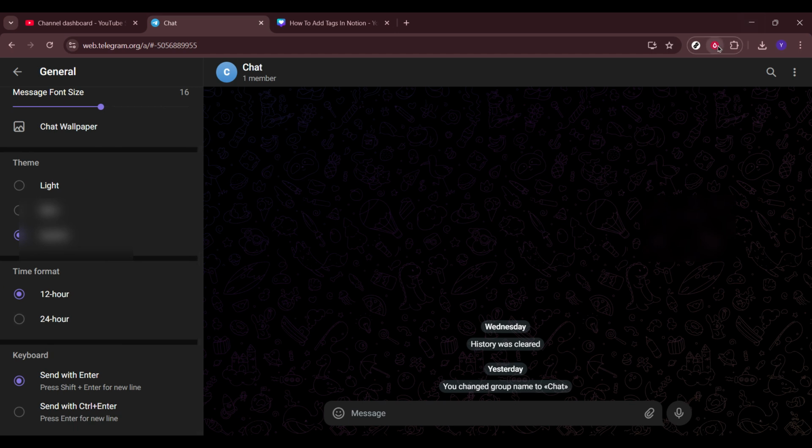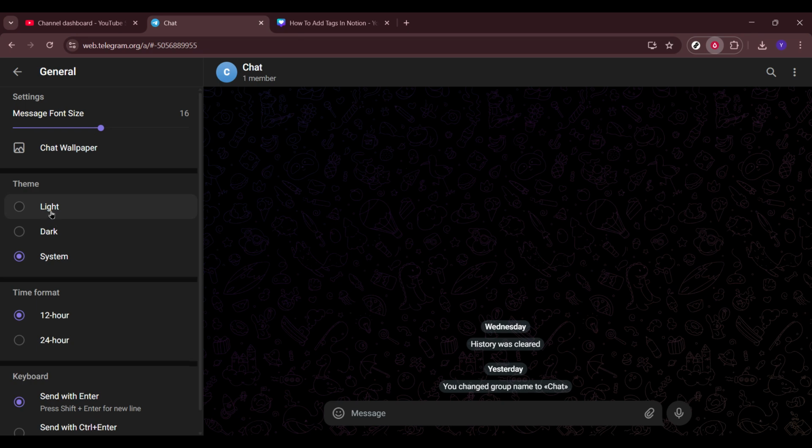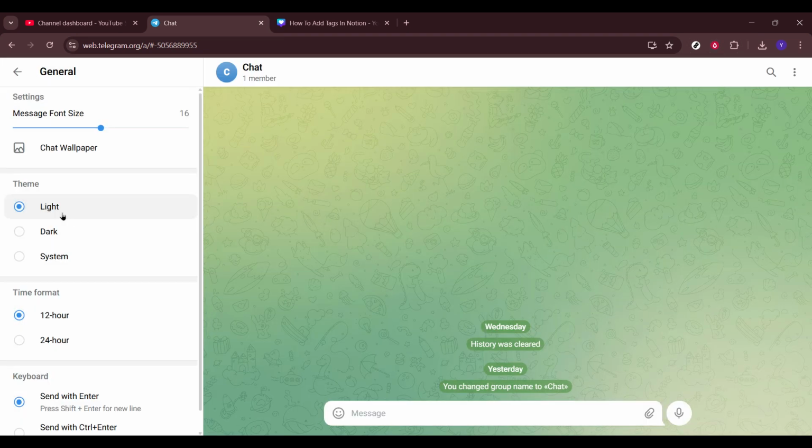In the General Settings menu, you'll see different theme options available. Look for the option labeled Light Theme and select it by tapping on it. As soon as you tap on Light Theme, your Telegram interface will immediately switch to the light color scheme. The background will become brighter, text will adjust for better readability, and the overall appearance will change to a lighter